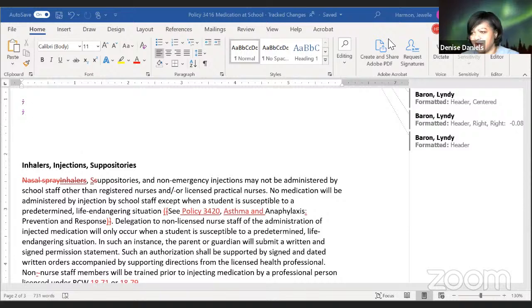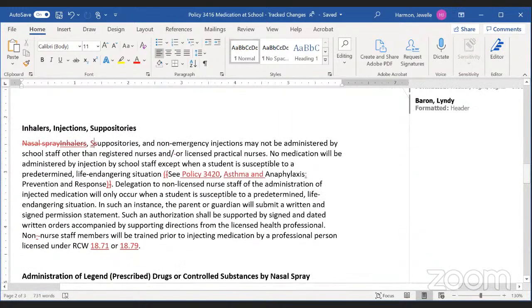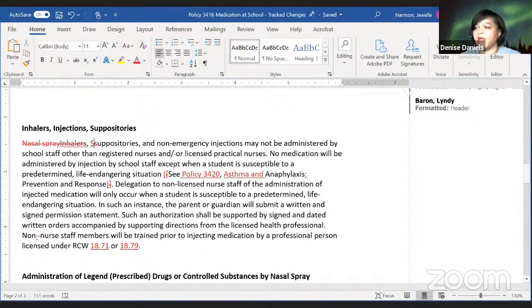So in the second paragraph, when it talks about the administration of the nasal spray in particular, it doesn't say, unless I'm reading it wrong, that a student can do that. A nasal spray is what they're talking about here, the scheduled drugs. They're really talking about the student having a seizure. So no, they would not be able to administer it themselves. Someone would have to do it for them. Got it. Okay. Thank you.